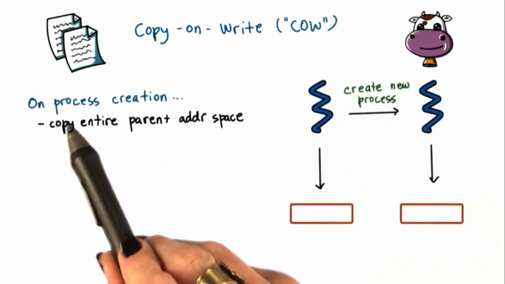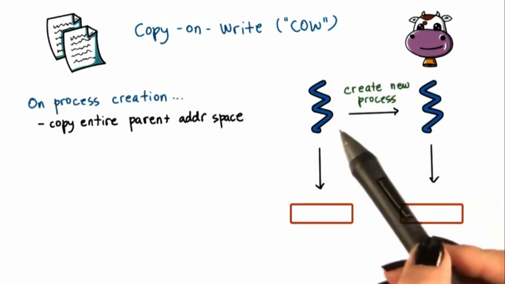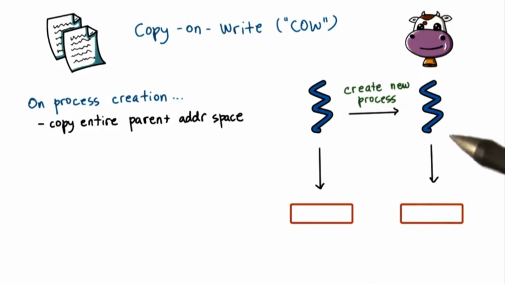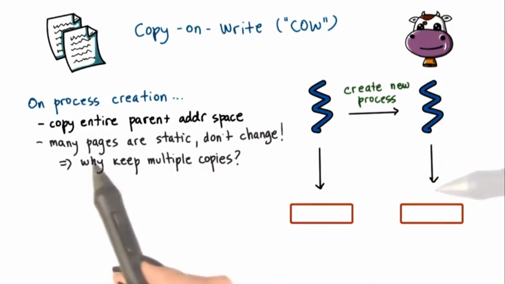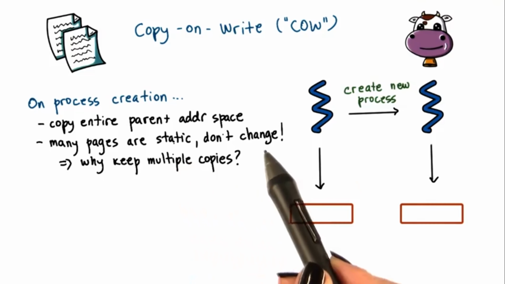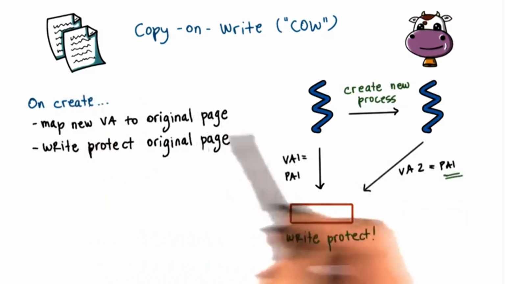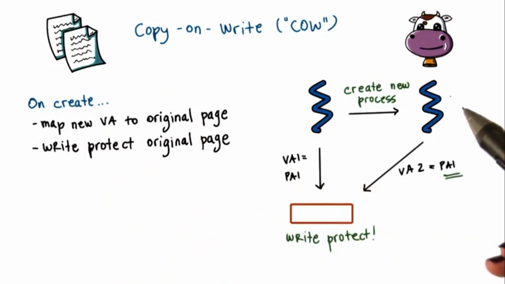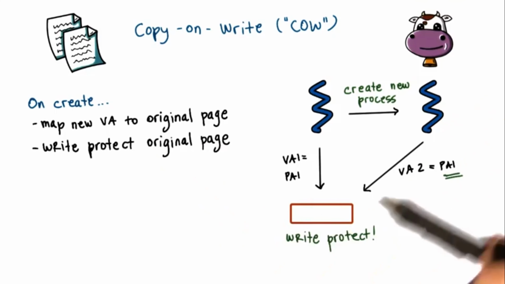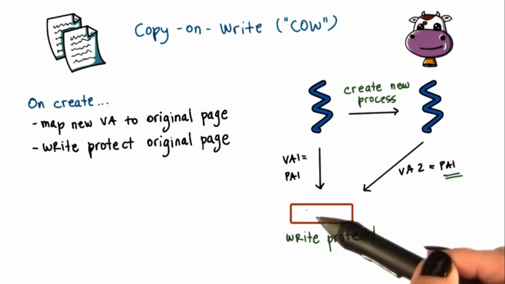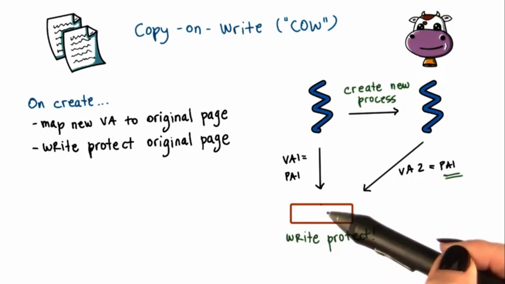Let's consider what happens during process creation. When we need to create a new process, we need to recreate the entire parent process by copying its entire address space. However, many of the pages are static, they don't change, so it's not clear why we should keep multiple copies. In order to avoid unnecessary copying, on creation, the virtual address space of the new process, or portions of it at least,